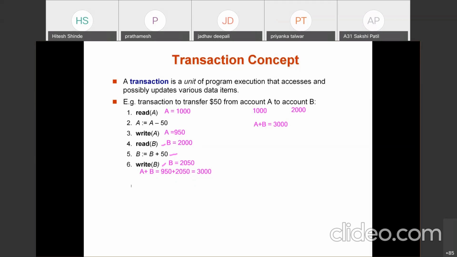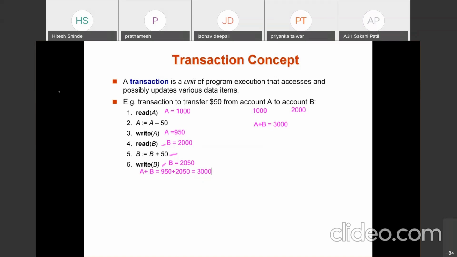Is it clear to everyone what that simple transaction is? Yes or no? Is it clear? So the same example we are going to see again and again during these two units, transaction and concurrency, and also in recovery algorithms. Everyone clear with this simple example of how the transaction actually works? Okay. Now see,